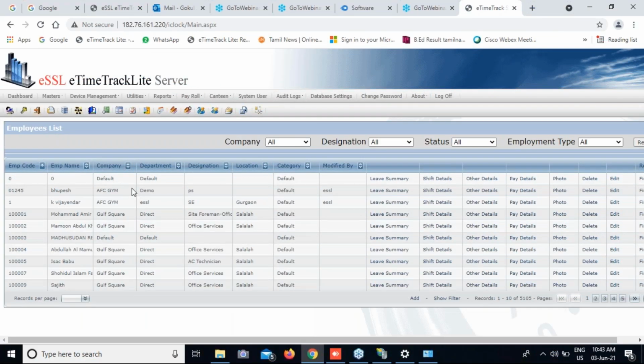Employee shift. Suppose you don't want to assign any shift, and don't want to create an auto shift. If you want to assign a shift directly to an employee, we can assign it in the employee shift. So the first priority will be employee shift, the next priority will be department shift, and third only shift group and shift roster.